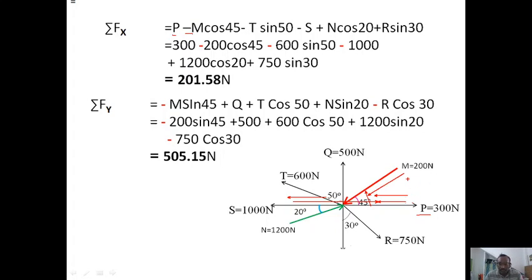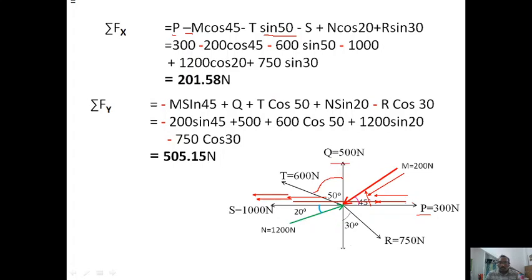And similarly for the t case, it is going in the upward direction, and it is making an angle of 50 degrees with respect to the y-axis, not with respect to the x-axis. Now what is the adjacent side? It is y. So I want to take the x-axis side, hence I need to use sine theta. Therefore, sine 50 I use for the t, and it is going towards this direction, hence it is also negative, right?